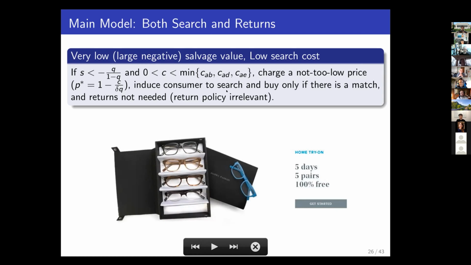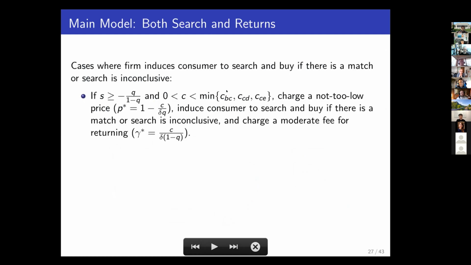And the returns, they have a return policy, but it is known that Warby Parker's return rates are kind of on the lower end. All right. Then we come to other cases